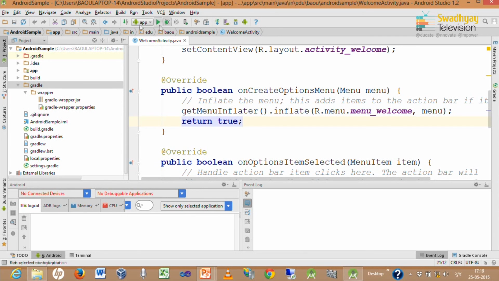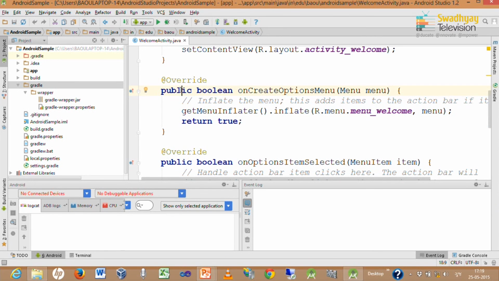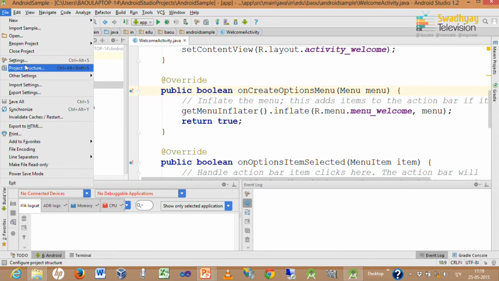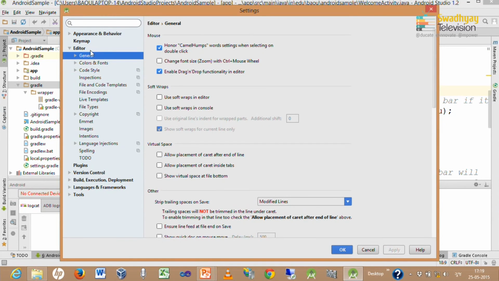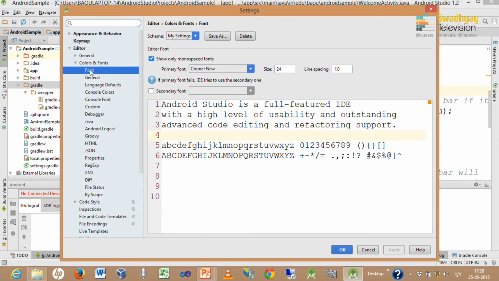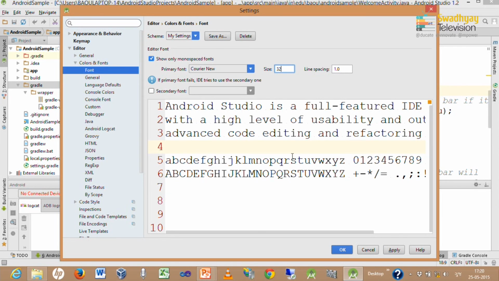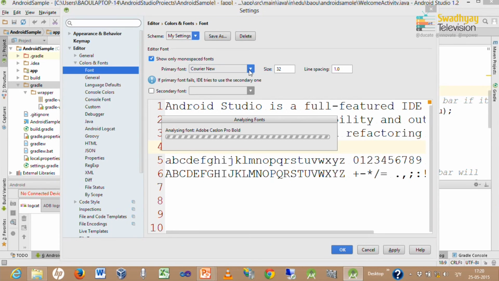We have discussed how to customize your code editor. Suppose I want to make the font larger, then I have to go to the File menu, then Settings, and inside Settings go to Editor. Inside that select Color and Font, and inside that select Font. Here it is size 24, I can make it 32 also. You can see in the preview the font size is now changed to 32.